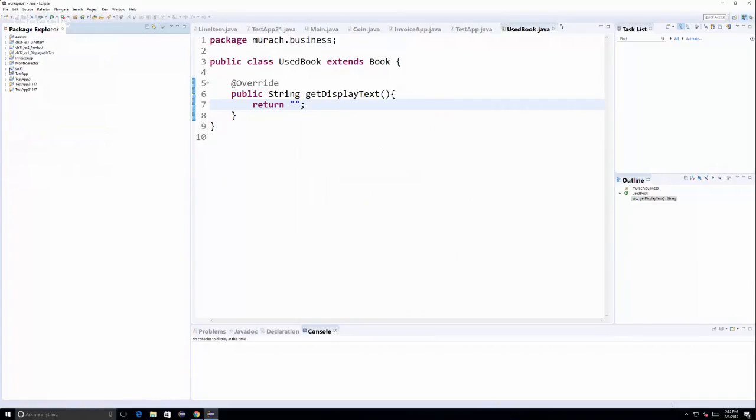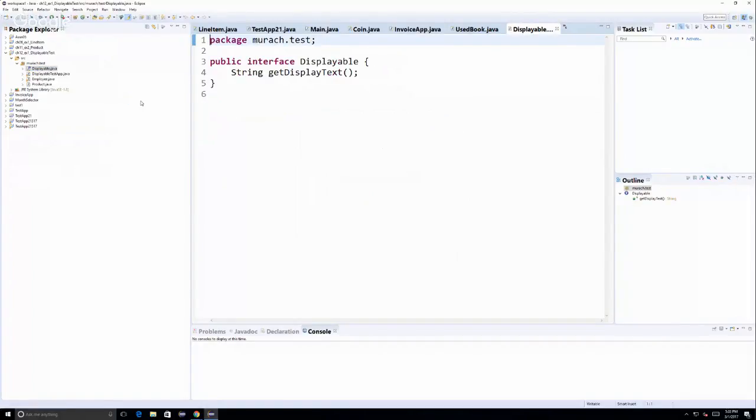All right, let's take a look. Note that this code includes the interface named Displayable that contains a single method named getDisplayText that returns a string. So let's take a look. It's in the test folder, and sure enough, here it is. We have a public interface Displayable and it contains a public abstract method